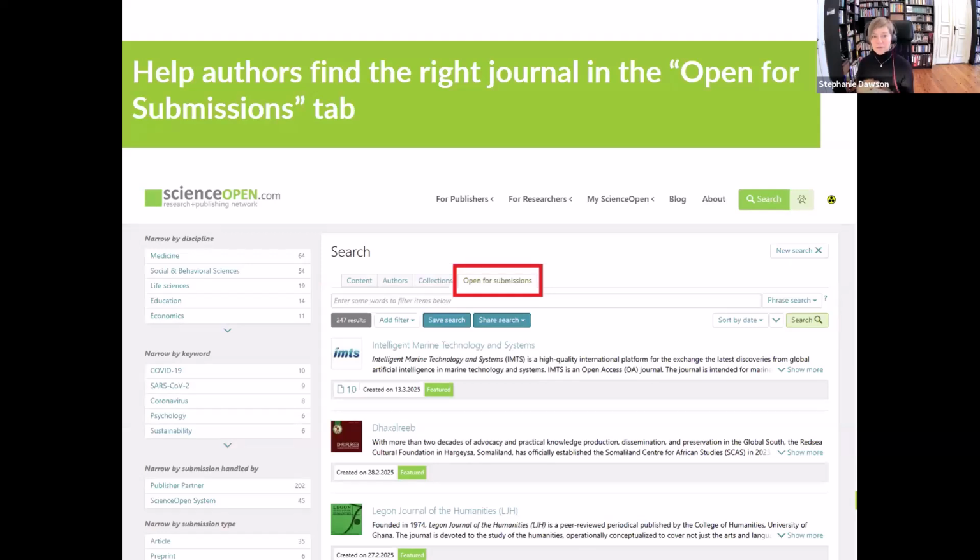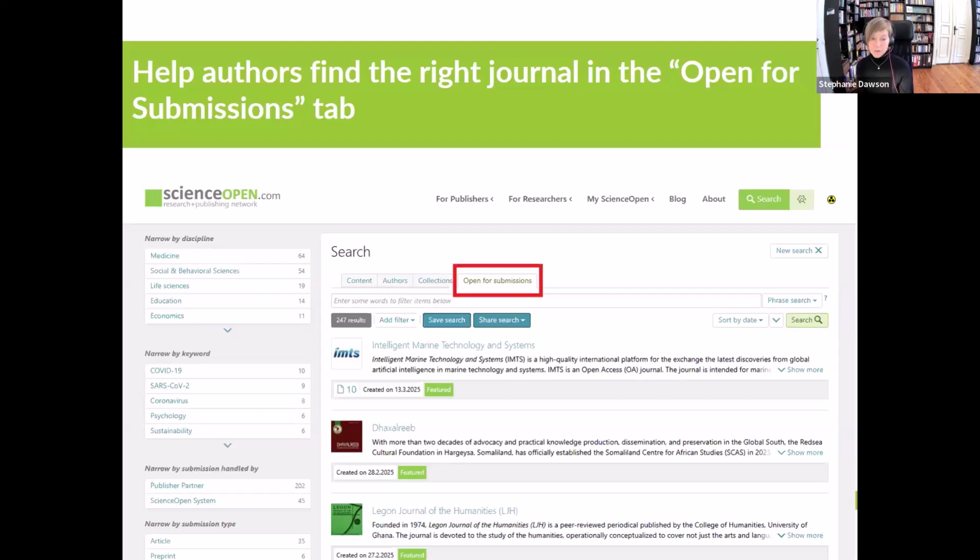We also help authors in this search environment, not just to find the articles that they're looking for whatever research purposes, but we also have quite a few journals that we are working with, that are hosting with us, that are using our full publishing service. So a lot of the researchers coming onto our platform are actually coming onto our platform to submit a paper to a preprint server, to a journal, for conference abstract, etc. So we created a tab called Open for Submissions. And here we highlight all of the